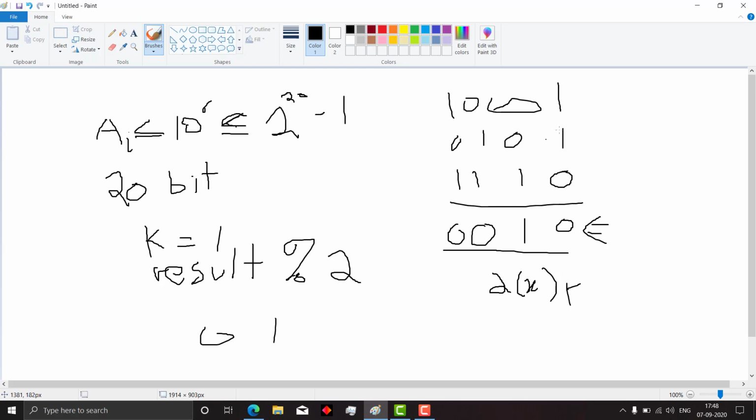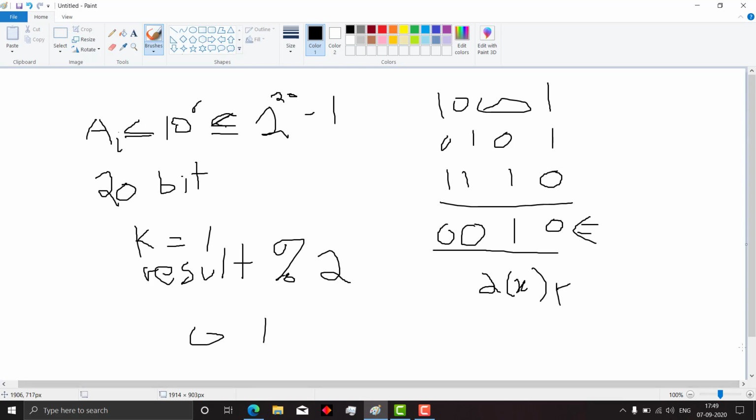If I take this with 1, the XOR with 1 is 0, so it will count the number of zeros. If the result is 0, there are an even number of zeros, and if the result is 1, there are an odd number of zeros. Now we take a look at the value of n. If the number of zeros is even and n is even, then the number of ones is even, and if the number of zeros is odd and n is even, the number of ones is odd, and so on. Now let me show you the final answer of what we have to do.